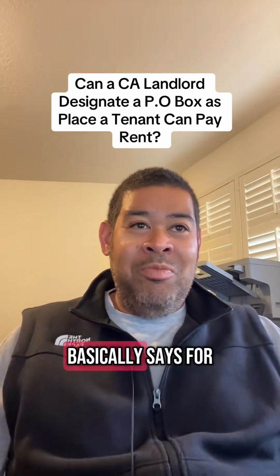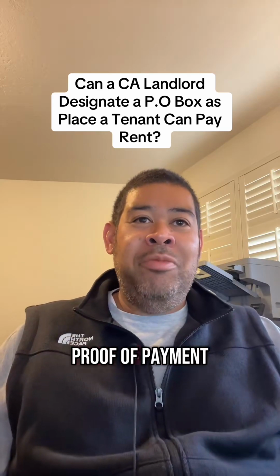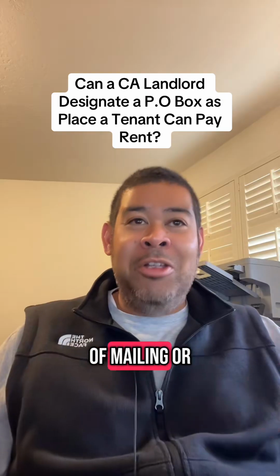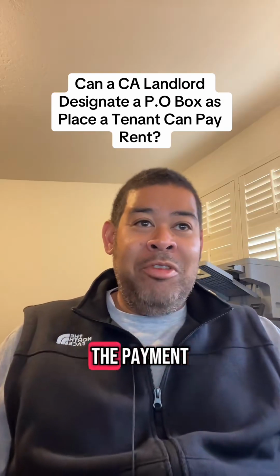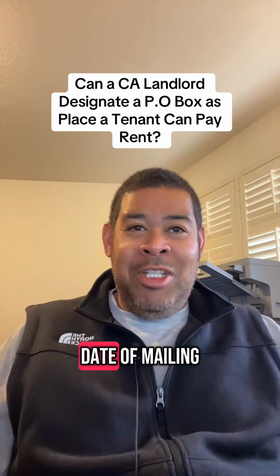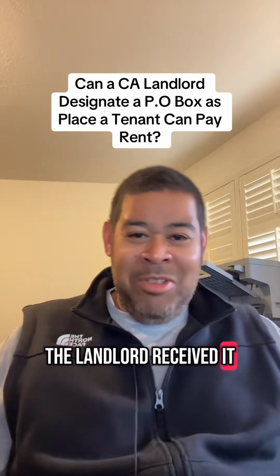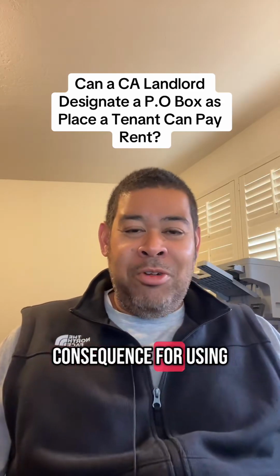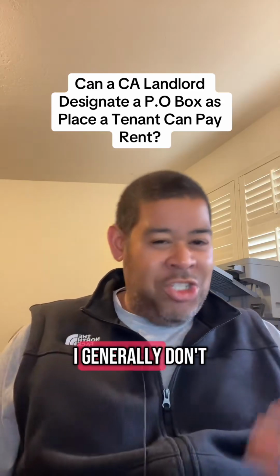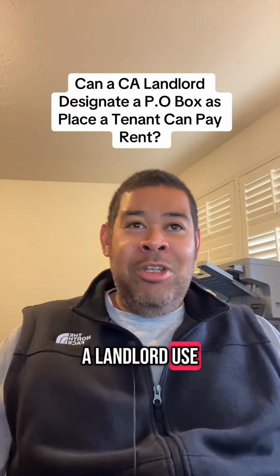The law basically says for non-payment rent cases, if the tenant can show proof of payment, like a certificate of mailing or certified mailing of the payment, then it's conclusively presumed that as of the date of mailing of the tenant's payment, that's when the landlord received it. So there's a consequence for using a P.O. box. I generally don't recommend that a landlord use a P.O. box for this reason,